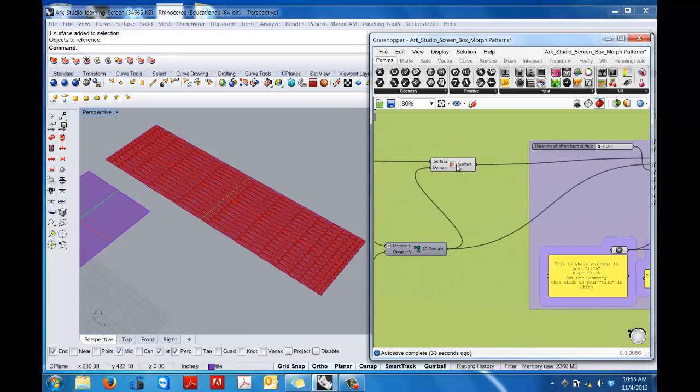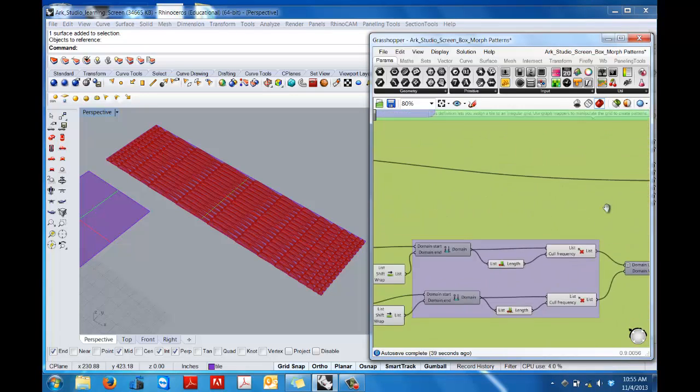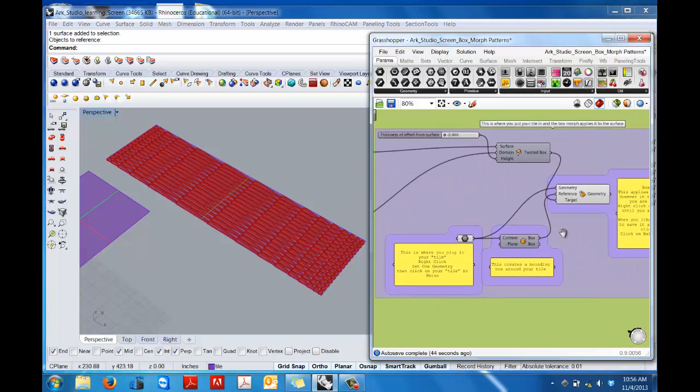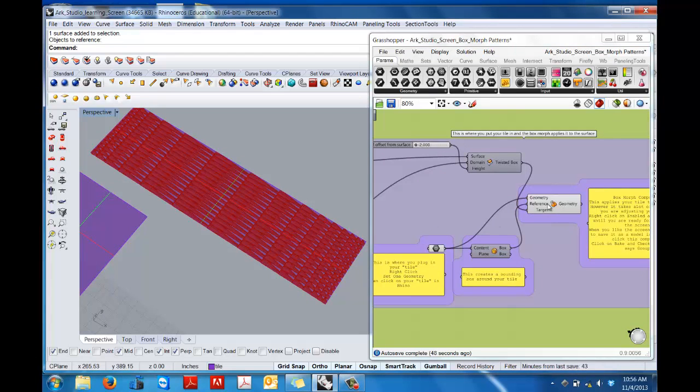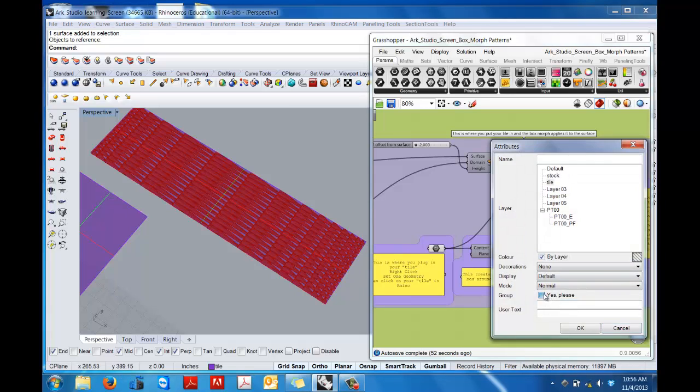Now I'm going to go back, turn off the surface. Now I can see the effects of the geometry. Then again, I'm going to bake it, group it,